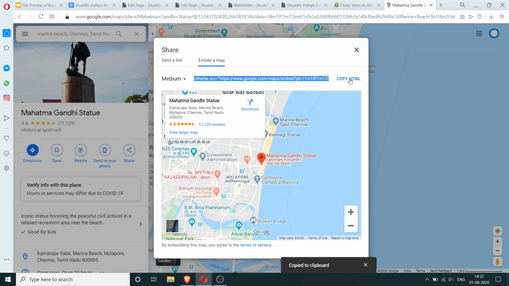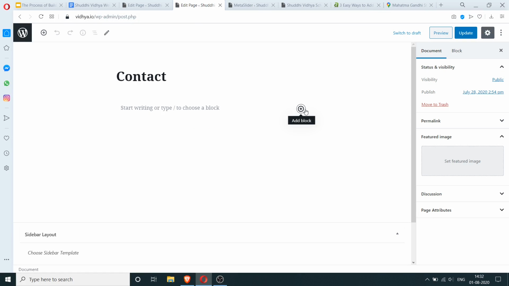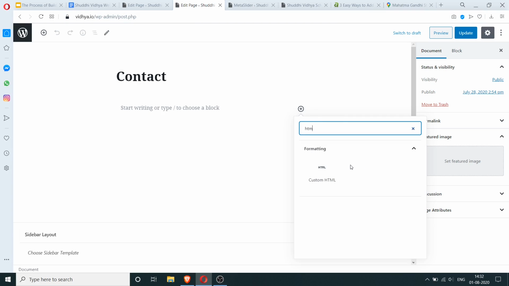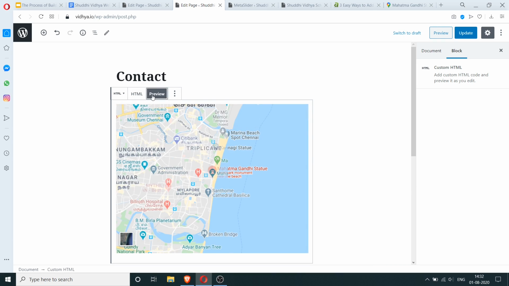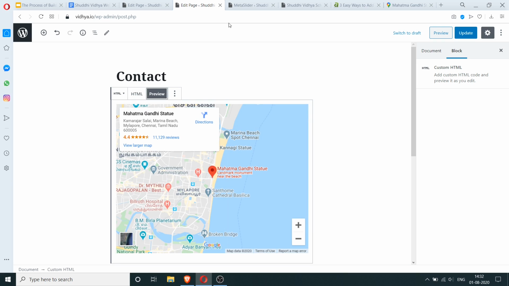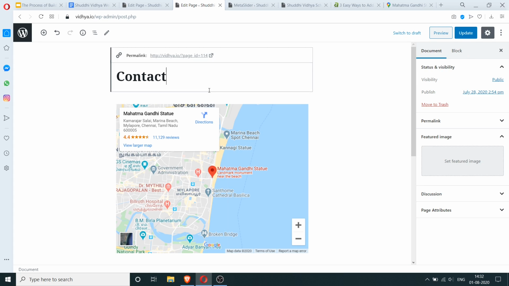So I'm going to copy the HTML, and I'm going to go to this page here, and I'm going to say HTML. I'm going to paste the HTML. I'm going to click on preview, and there we go. So yeah, we have the map.